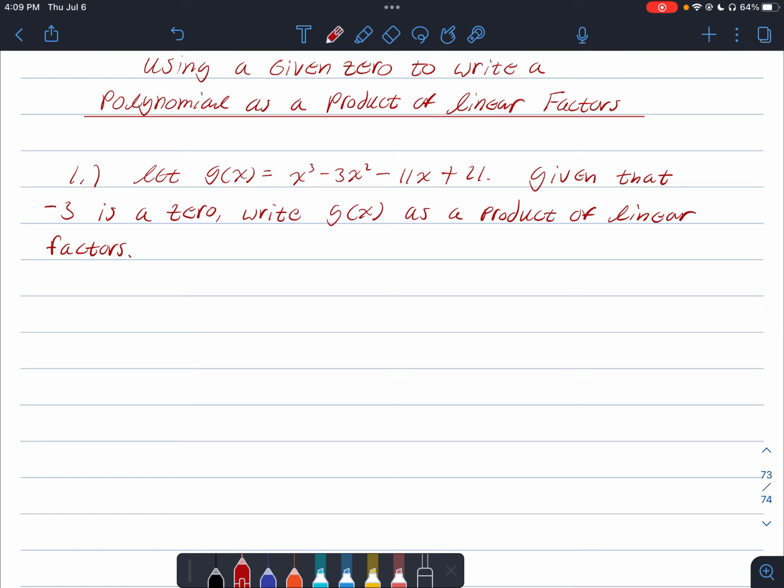We have g of x is equal to x to the third minus 3x squared minus 11x plus 21. And we're also given that negative 3 is a zero of this polynomial. And now our goal is to see if we can write g of x as a product of linear factors. So if we're given that negative 3 is a zero of this polynomial, that means that x plus 3 is a factor